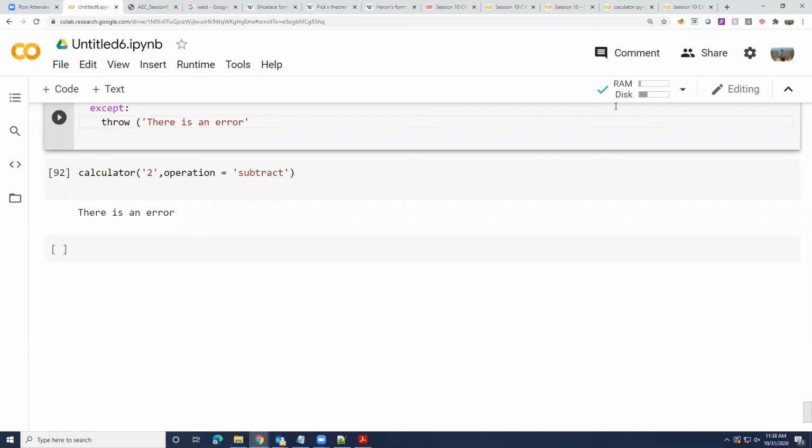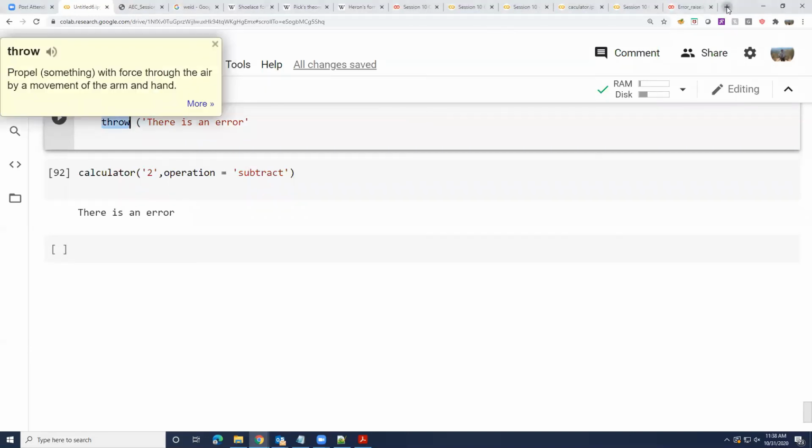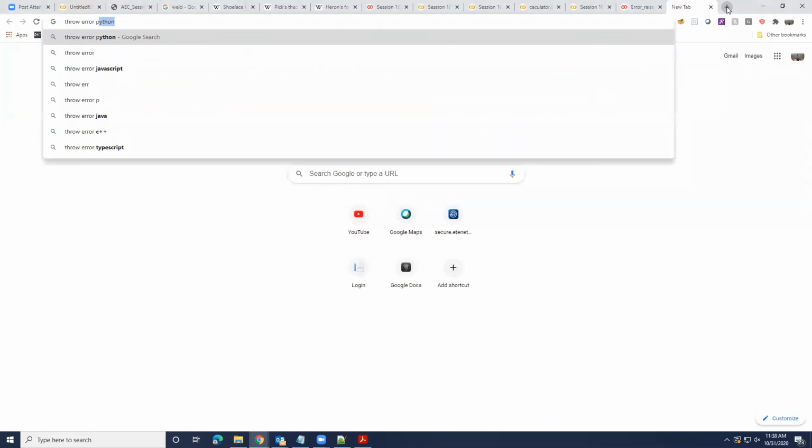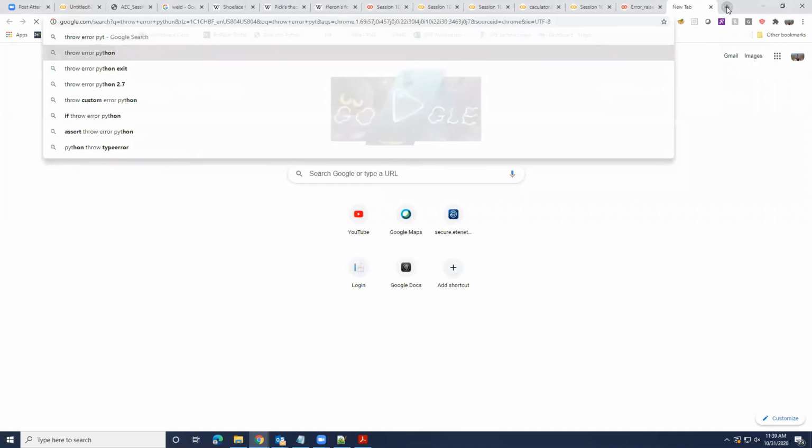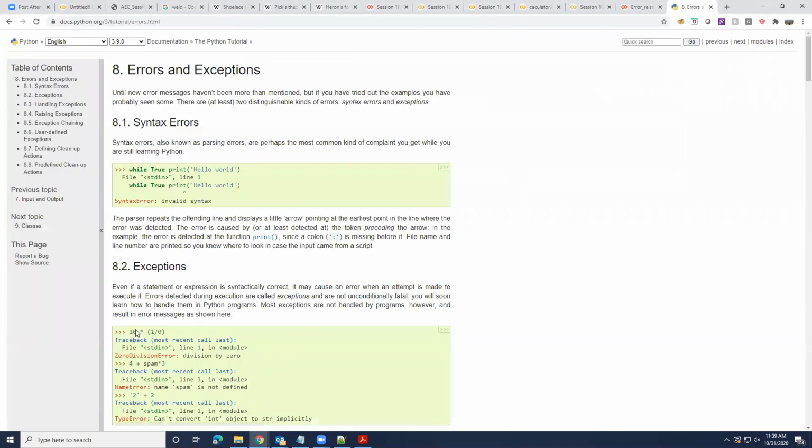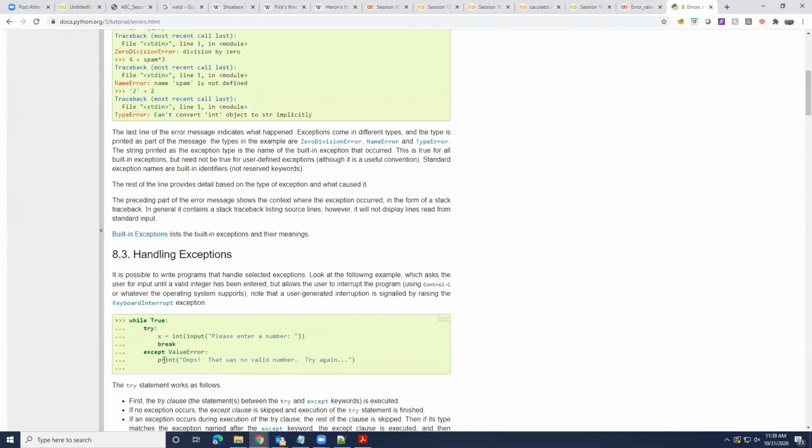Okay, trying to run this. It raised this error. So let's see what happens if I try this. I forgot the syntax. So throw error Python. So we can raise an error.